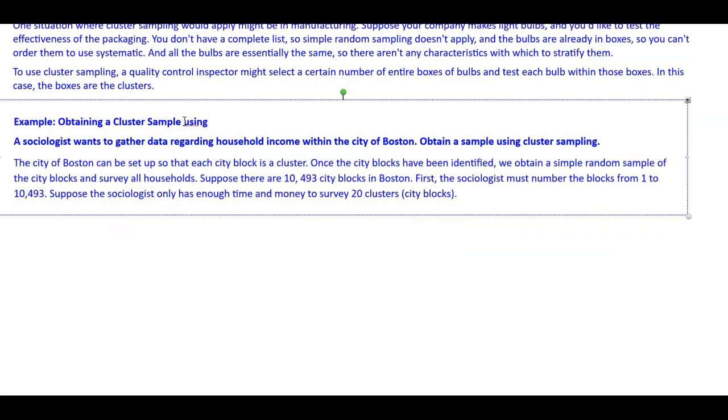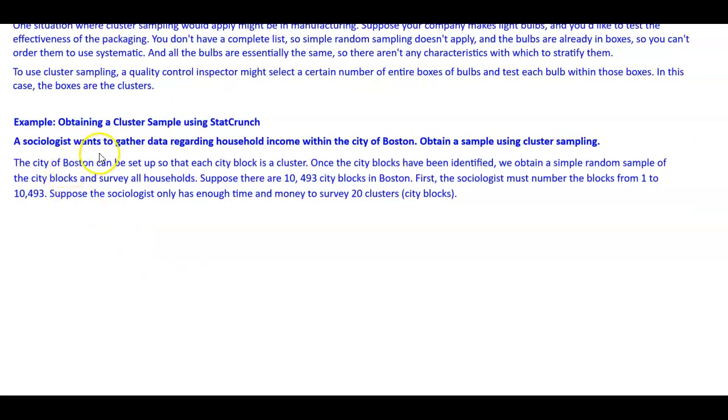So I'm going to go ahead and write this in as using StatCrunch. Okay, so the question here is that a sociologist wants to gather data regarding household income within the city of Boston. We want to obtain a sample using cluster sampling. The city of Boston can be set up so that each city block is a cluster. Once the city blocks have been identified, we obtain a simple random sample of the city blocks and survey all